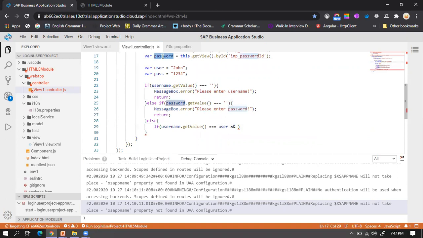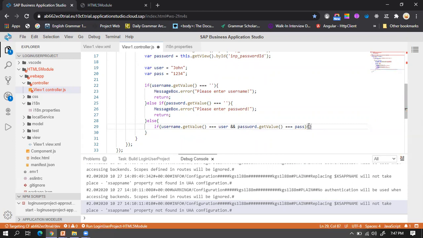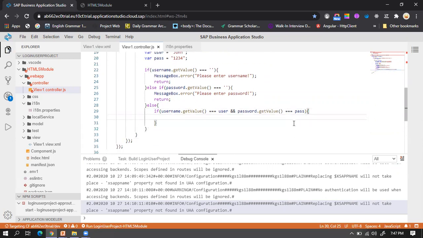So I want password.getValue equal to the password. If it's exactly fine, then we declare this as a success, and keep the message as login successful.